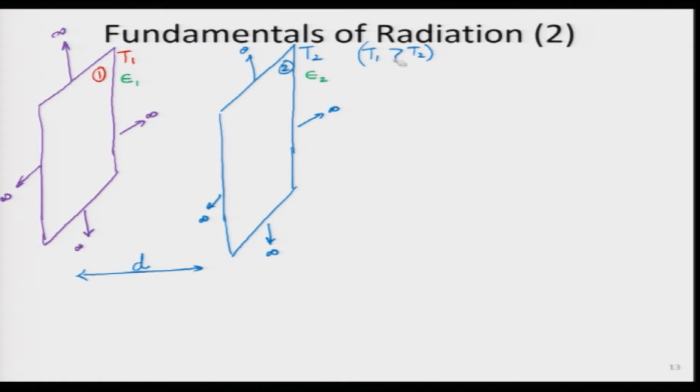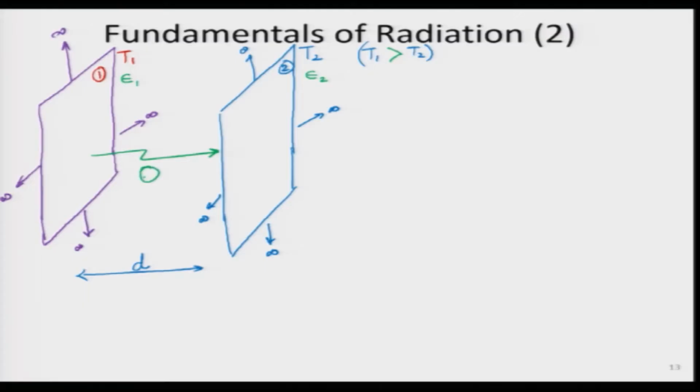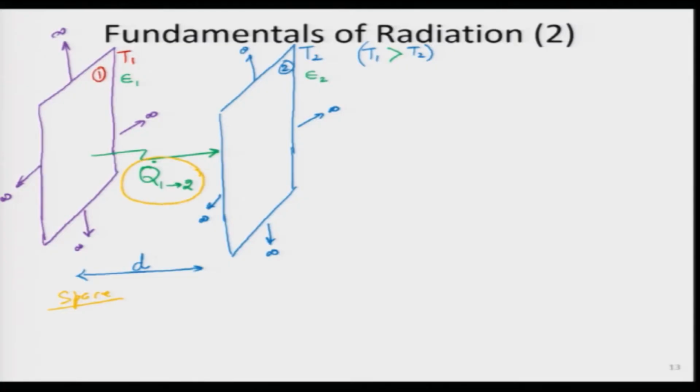Because T1 is greater than T2, some net heat transfer will take place from plate 1 to plate 2, net rate of heat transfer, and since it is taking place from 1 to 2, let me write it in this way. This is only because of radiation, because again everything else around it, I put all these things in space. So, I put both the plates in space. Do not ask me how I am going to do that, it is difficult, but as a thought experiment we can imagine that these two plates are there in space, there is nothing around them, it is total vacuum, and our task as heat transfer engineers is to figure out the value of q dot 12.